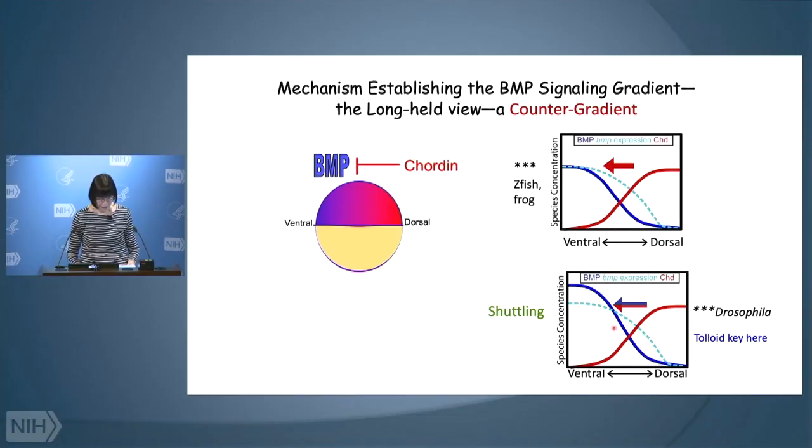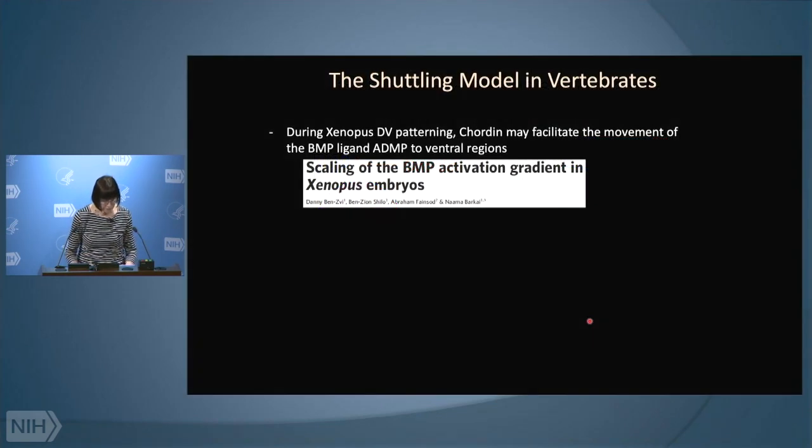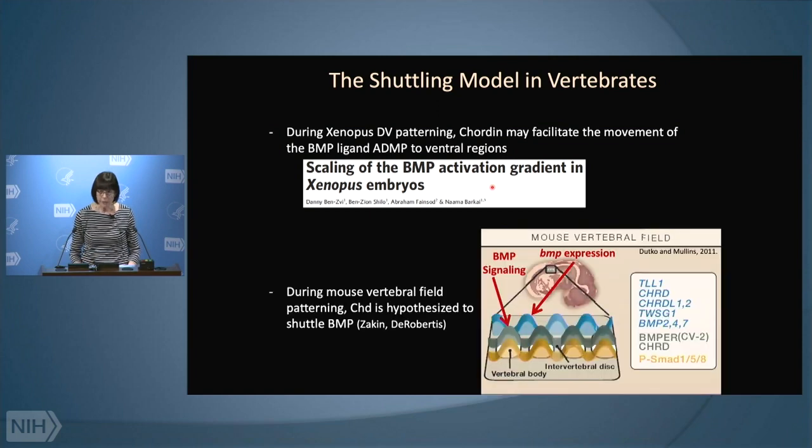And it's basically a modified version of this counter gradient mechanism. It also has a counter gradient and then this additional shuttling. There was some evidence in vertebrates that shuttling occurred, and this was from Naama Barkai's lab, where her lab showed that in scaling in the Xenopus embryo they had some evidence of this shuttling of the BMP. And then Eddy De Robertis' lab, in patterning of the spinal cord,